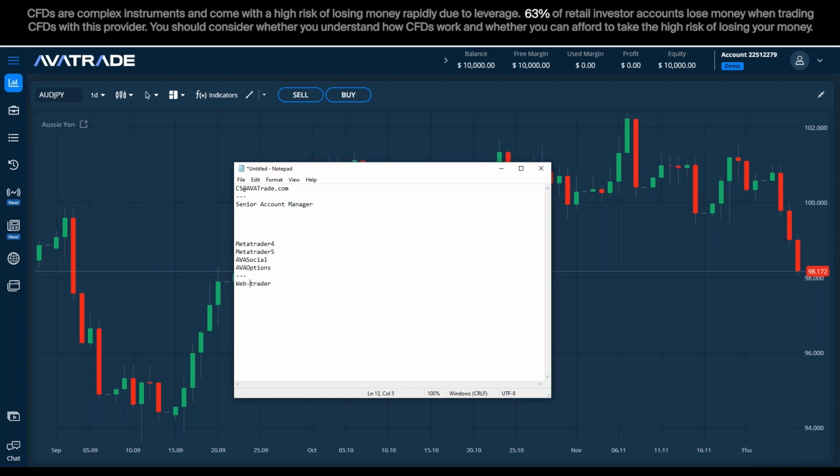To access the web trader, all you have to do is log in with your email and password, and click on web trading or web trader. The web trader that we're seeing now is the desktop version. If I would like to use it in the app, I need to search for the AvaTrade trading app. It offers similar features. Obviously, on a phone it will look different than on the computer, but this is the desktop version.